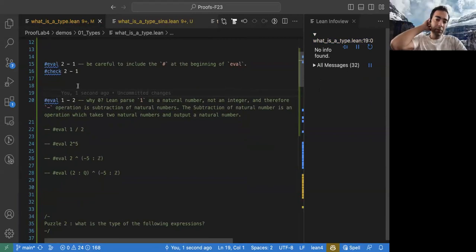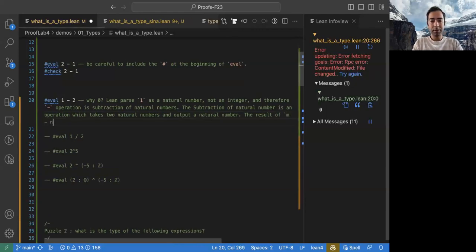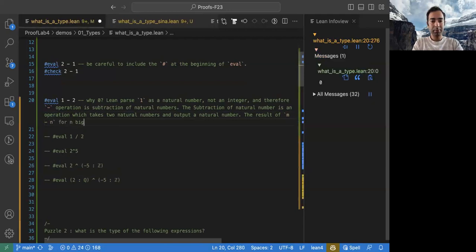Right. So because the output of 1 minus 2 should be a natural number, it cannot be negative 1. And actually, there's a system behind this. The system is, if the second number is bigger than the first number, the result will always be 0. We will see later why this should be true. For now, we can just skip the reason behind it, but later we will see it as well. The result of m minus n for n bigger than m is always 0